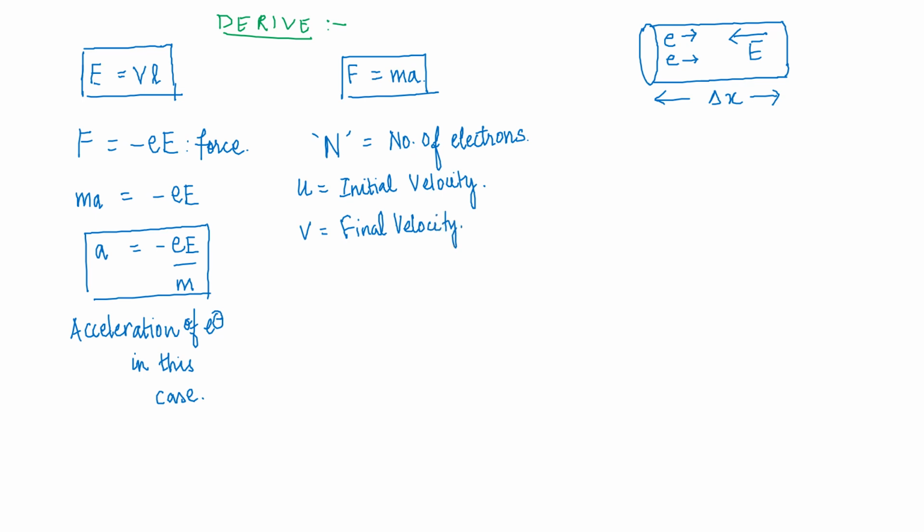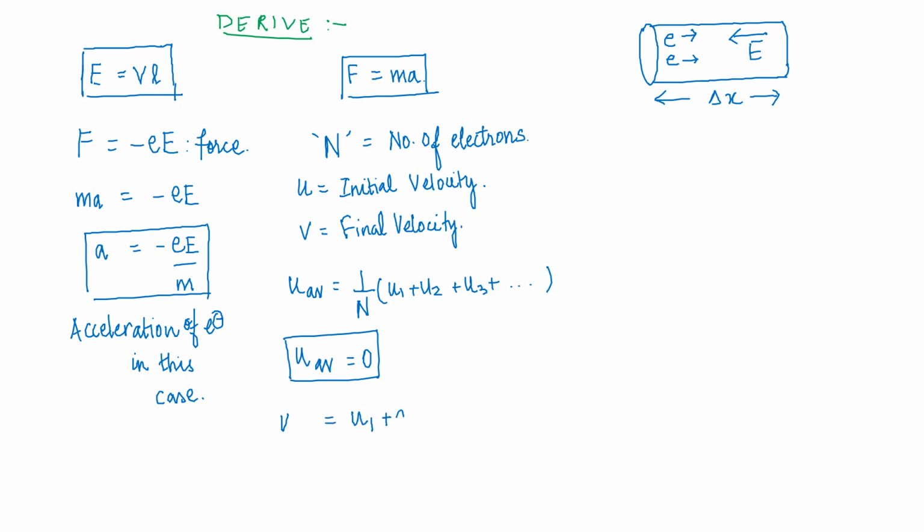So for n number of electrons, U average can be written as 1 upon n into U1 plus U2 plus U3 and so on up to Un. Now this will become, U average will become 0. Now similarly, I will go for the final velocity. This final velocity V equals to